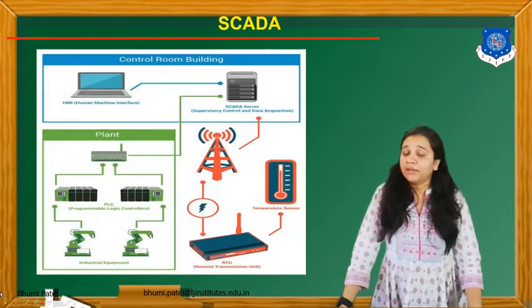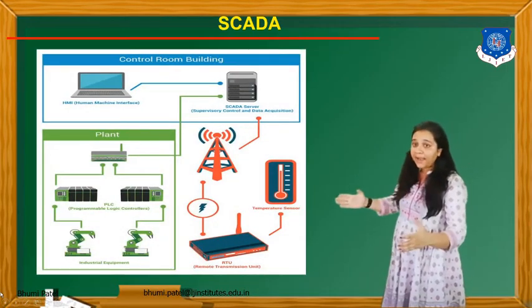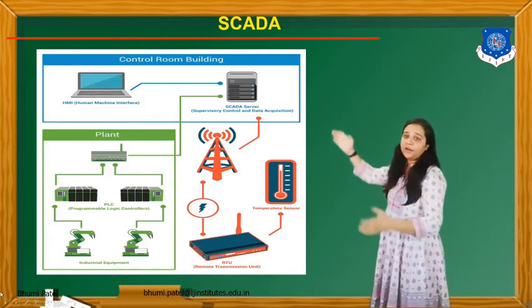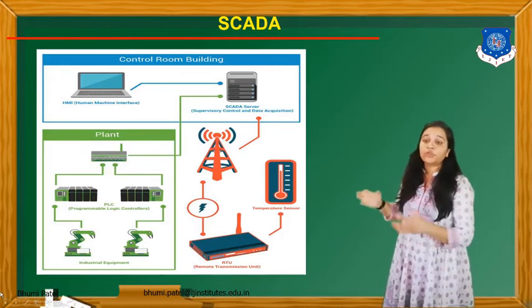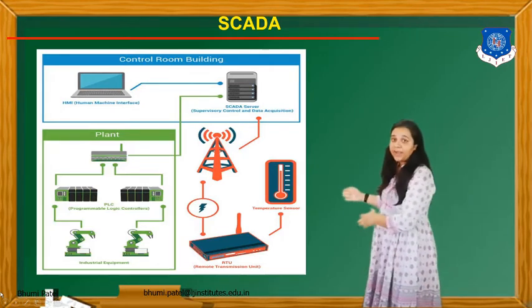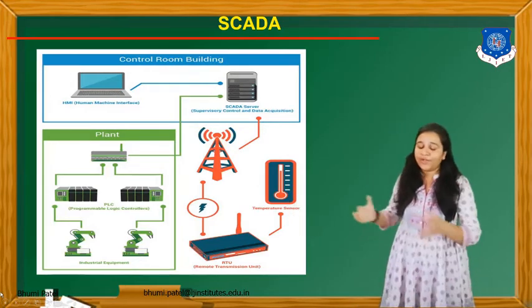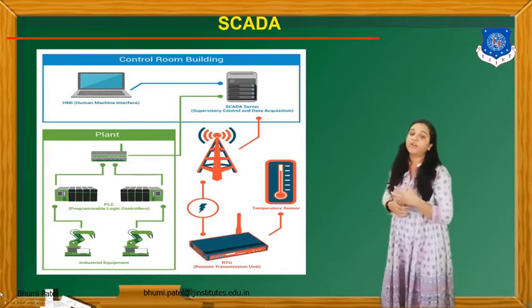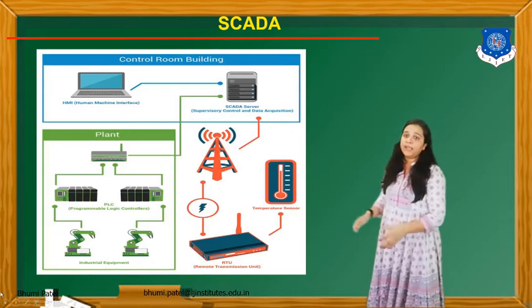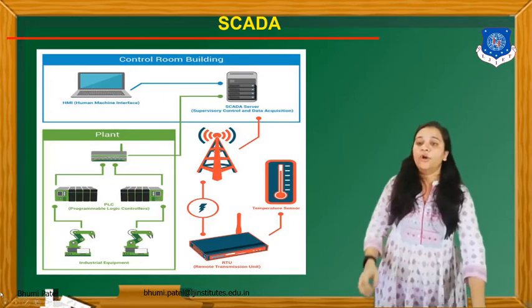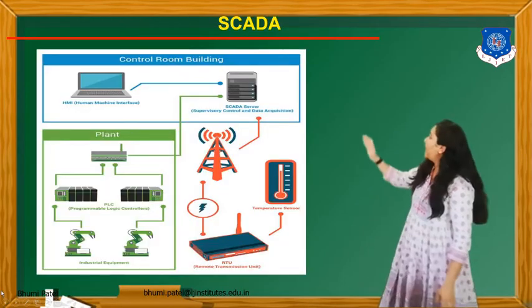This is another example of a SCADA system. For this SCADA, we have to design a control room in which we control the whole process. We connect the plant with this SCADA system using different types of radio frequency, microwave frequency, different types of wire or cable using the RTU, and then we control all the processes with this master interface. We also have to use an HMI.